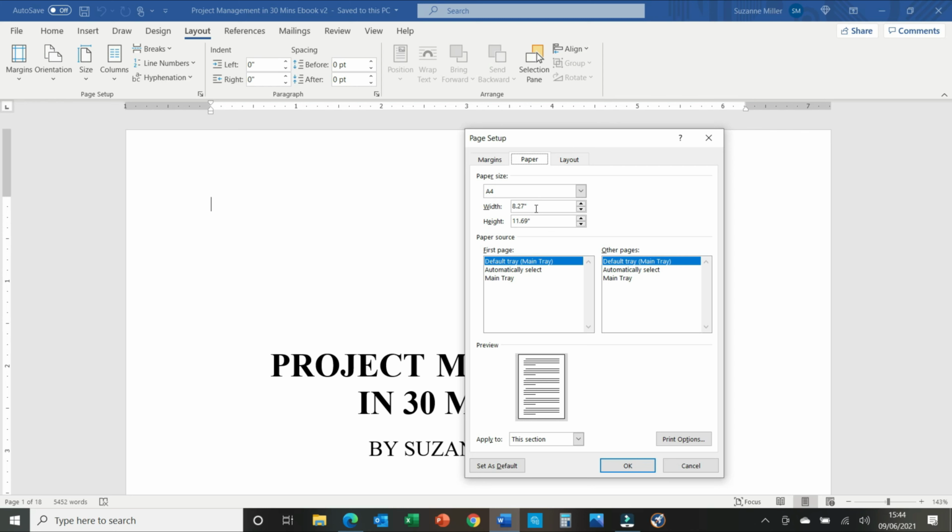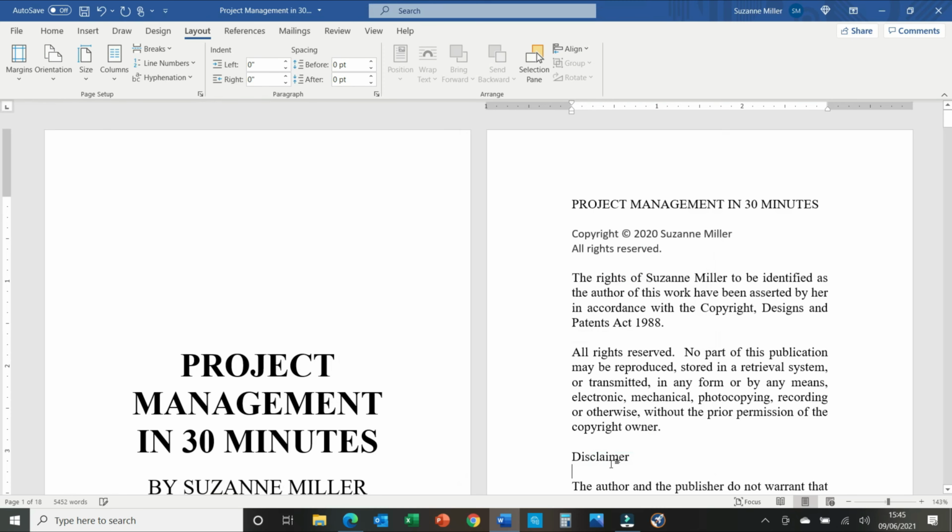As I said, mine is going to be 8 by 5, so that's actually 5 width and 8 tall, and those are the margins that I want. I'm going to click on OK just to show you that that's set. There we go. And now we're going to go back in and set our margins